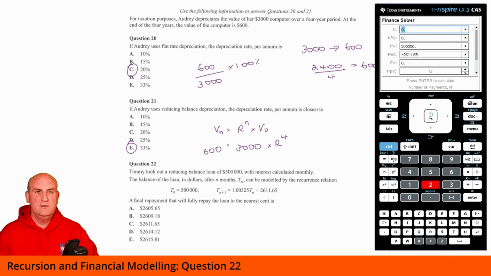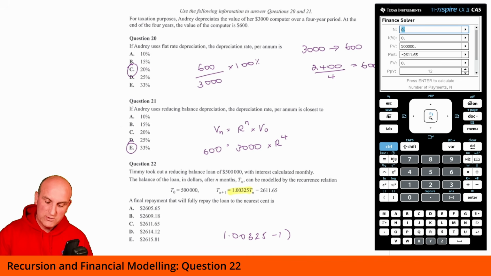And I've got a bit of an issue. I don't know N. In fact, I don't know I. But what I soon came to realize was, well, actually, I do know I, because they told me here that's my rate of interest. All I've got to do is turn that back to a nominal rate of interest, not a monthly rate of interest. So I know if I take 1.00325, subtract 1 from it, times that by 100 and times it by my compounding periods, that will get me back to my actual rate of interest.